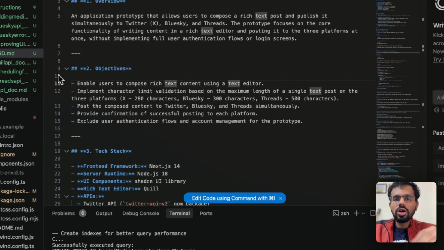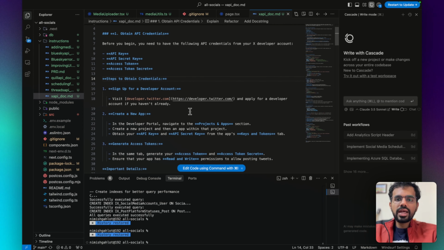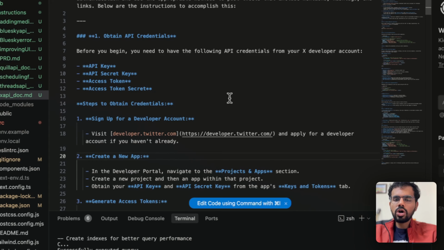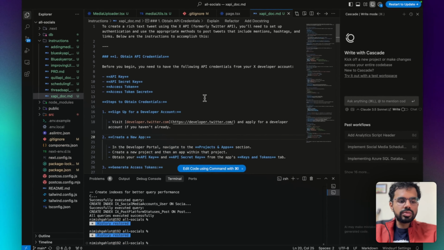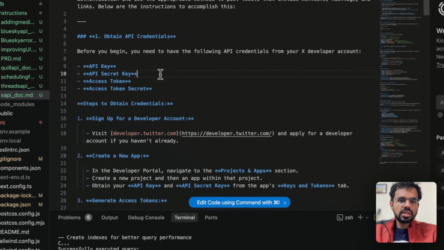So this is basically the backbone for the entire project. And along with that, I also have tech stack documentation. For example, in this project, I am using Twitter's API. So I have created a file which outlines all the important steps within the documentation that are required, which is the endpoint that needs to be there for creating a new app. All of this was created by GPT. If you just put in the right prompts, and before putting all the documentation over here, you go through all the key details yourself, then there would be nothing to worry about. You don't have to write them yourself, but you have to review them yourself. So this is how I do it.